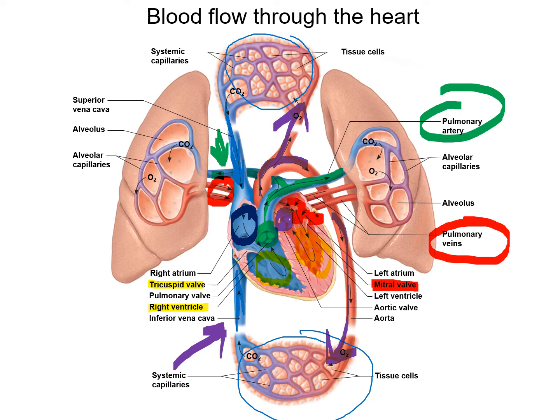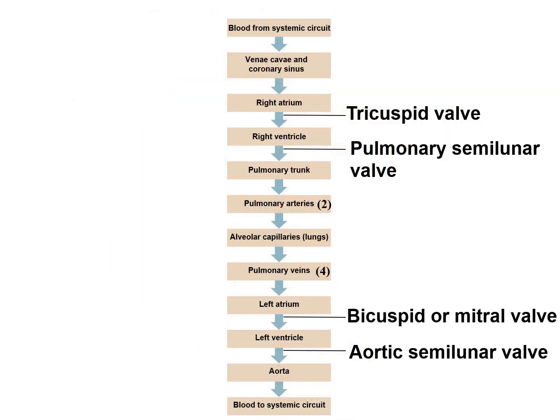So pulmonary and systemic circuits alternating with one another, providing adequate blood flow throughout the body. So this is just a really great slide. It takes into account all these various components and chambers and valves. Do spend some time looking at this. Very, very important. This is simply a flow chart, and I just went through this in the diagram pointing things out, so take some time and look through this, be able to trace the blood from the systemic circuit, where it has given up its oxygen, it's now carrying oxygen-poor blood, and we've got to bring that back to the heart,